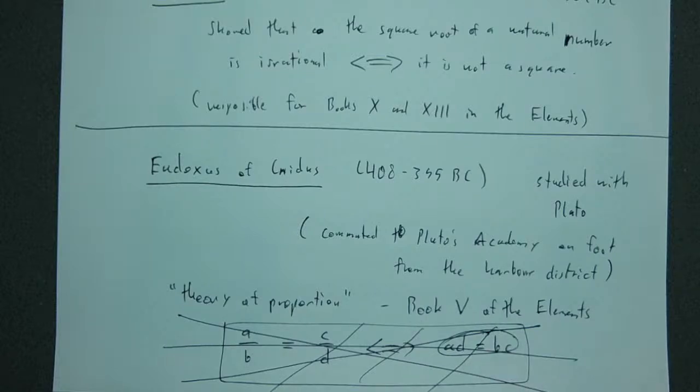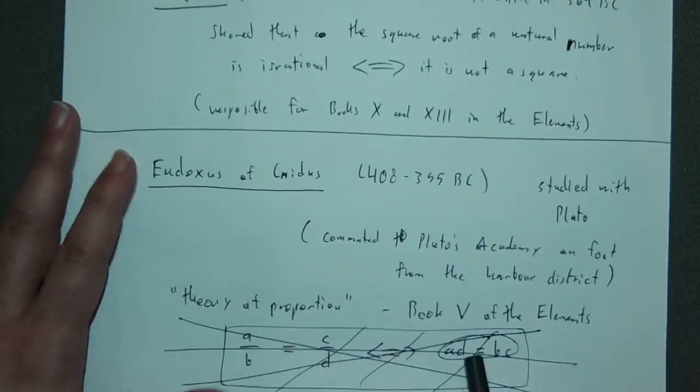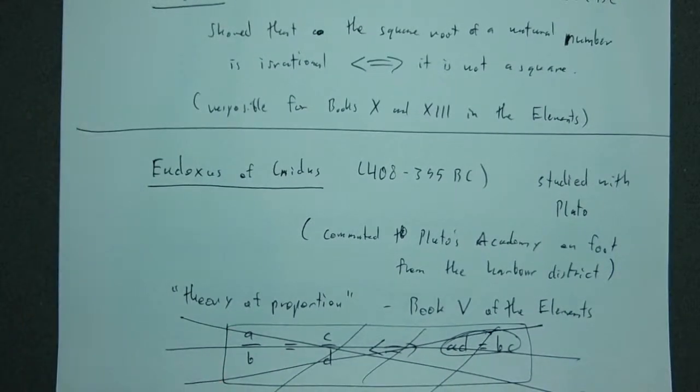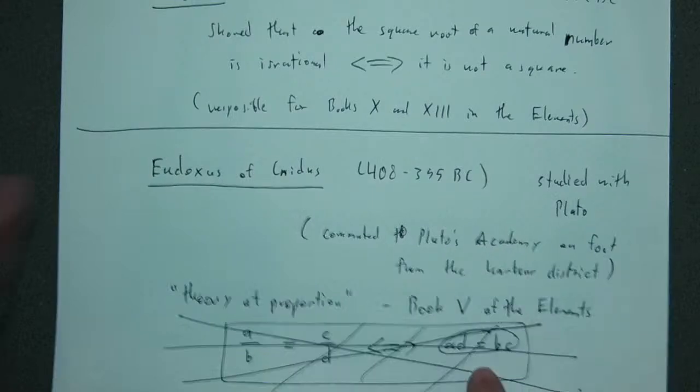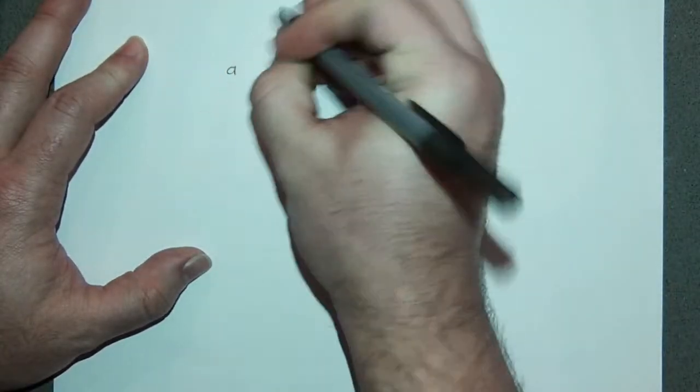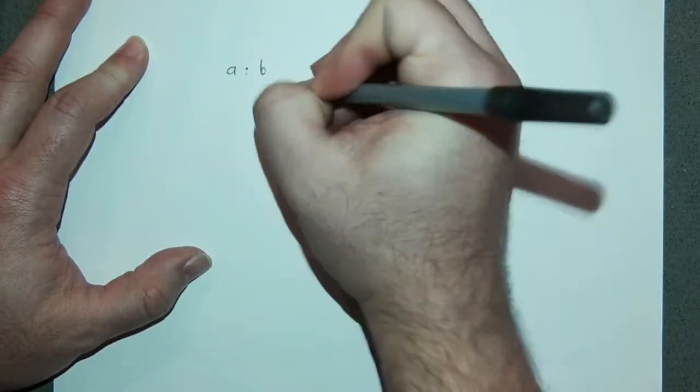Okay, so we use multiplication algebraically to define these proportions. Eudoxus actually wanted to do it in the opposite direction. He used the proportions to define multiplication. So he couldn't do this even if he wanted to, because it would have been circular. Okay, he wanted to do the opposite thing. He wants to use proportion to define multiplication. And so let's say we have the proportion A is to B